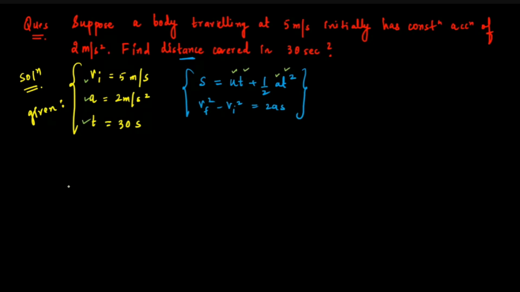Also, if we use the third equation, we have v initial and acceleration, but we don't have the final velocity. First, we would have to find the final velocity, and only then can we use the third equation. So I'll simply write, using second equation of motion,